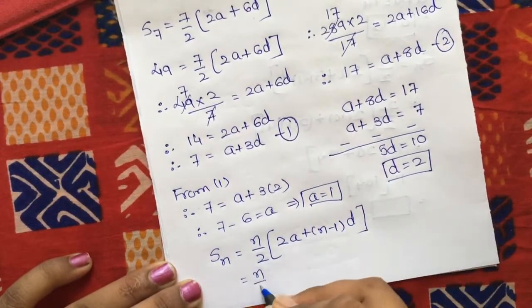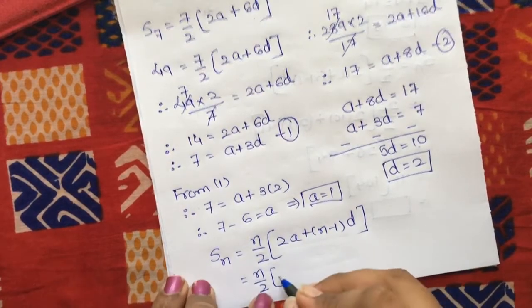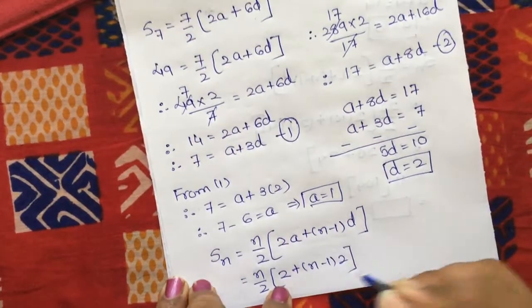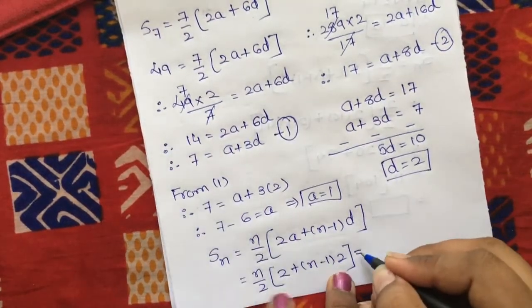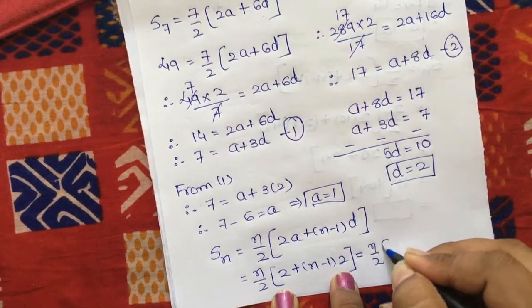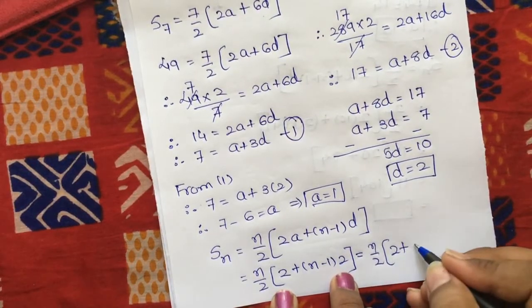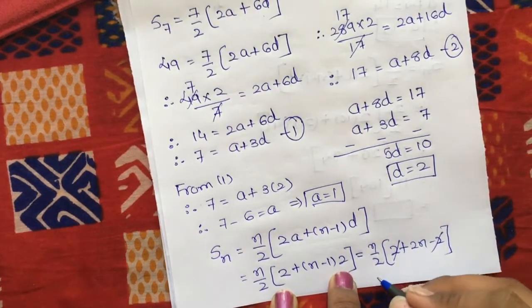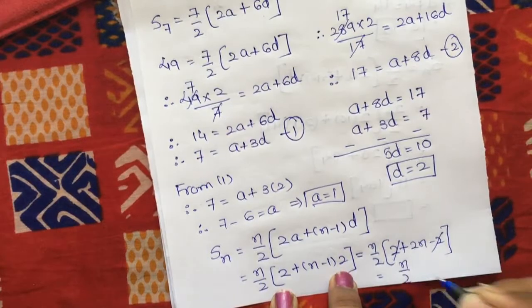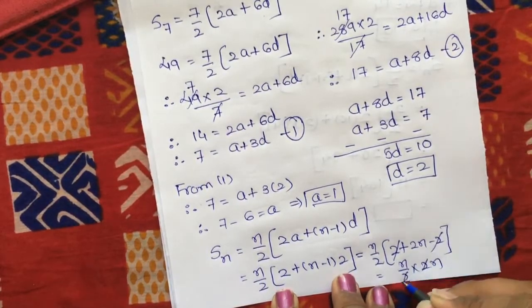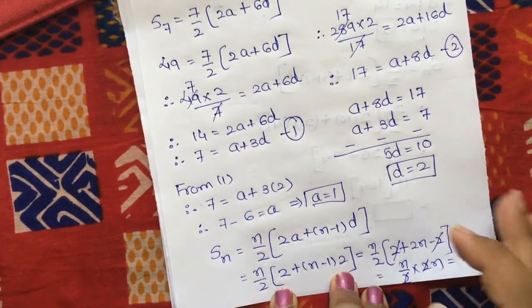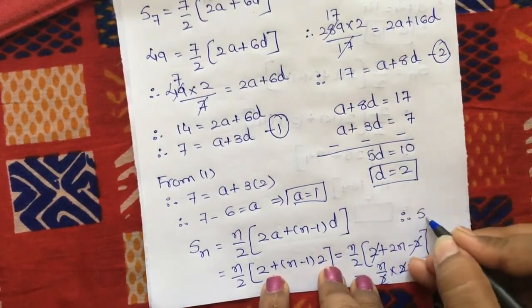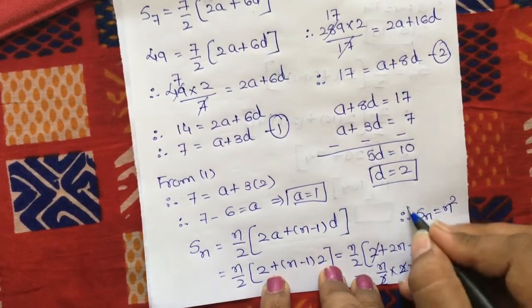So just put the values of first term and common difference. So 2 into 1 2 plus n minus 1 into 2, which implies n divided by 2 into bracket 2 plus 2n minus 2. 2 minus 2 plus cancel हो जाएगा. So this is n divided by 2 into 2n, 2 again cuts, so the formula will be n square. So लास्ट में आप लिख सकते हो that Sn is equals to n square.